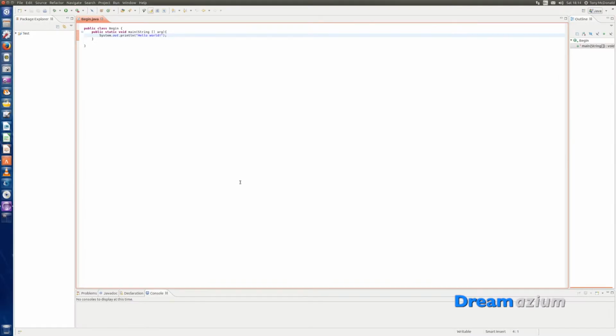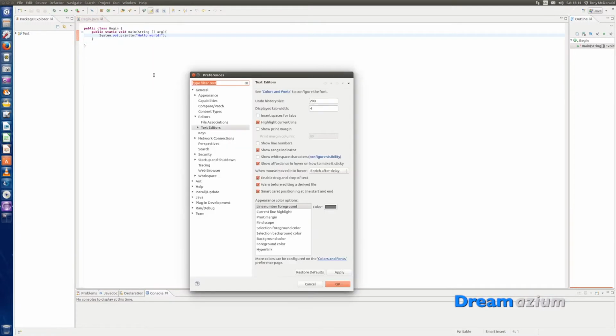Now let's get this set up so that we can see what's happening. First, if we go to Window and go to Preferences, and now if we go to Text Editor and Show Line Numbers, so we're going to do that